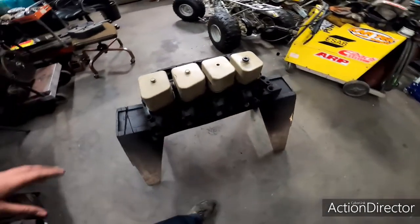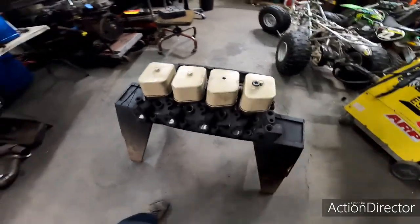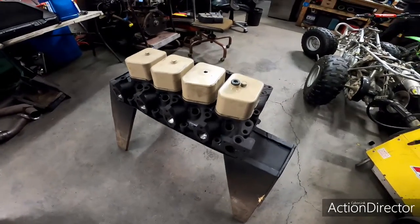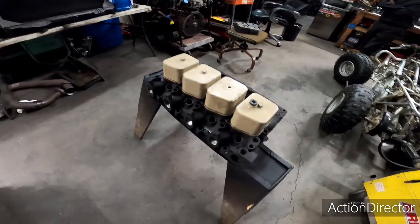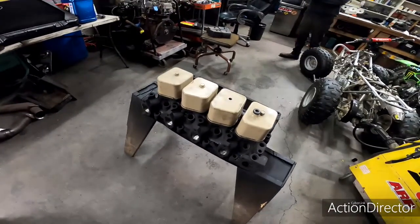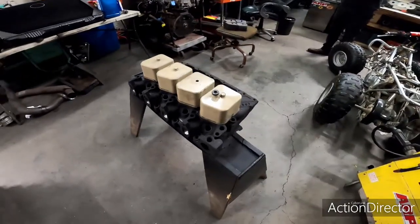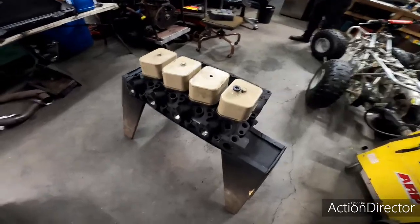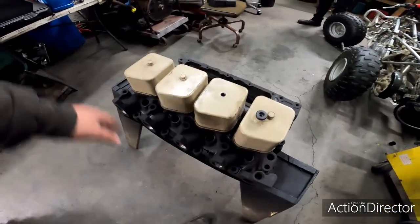So anyway, we're gonna go ahead and go home, call it a night, and get some shut-eye, get up in the morning, get some coffee, and get back over here, get this head on and torqued, and get the rest of the engine assembled, get it fired up, go on a test drive, come back, and we'll do what's called a hot torque, and we'll retorque all the